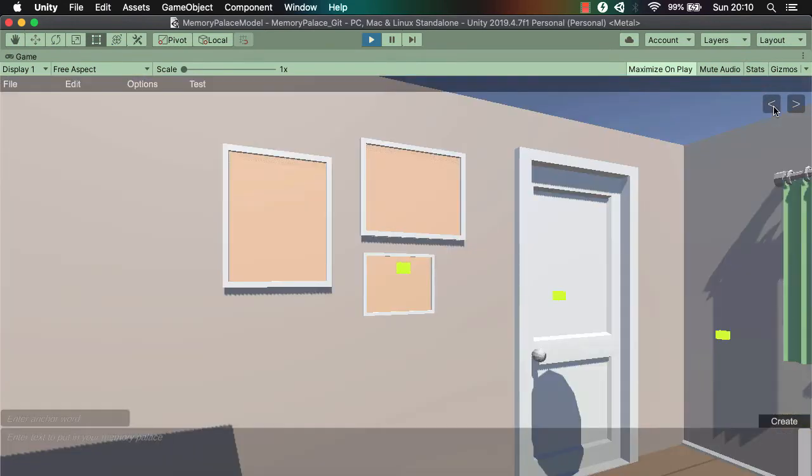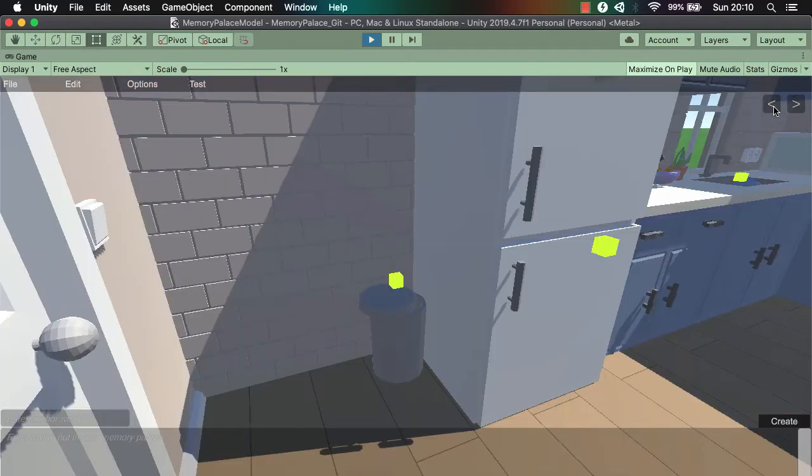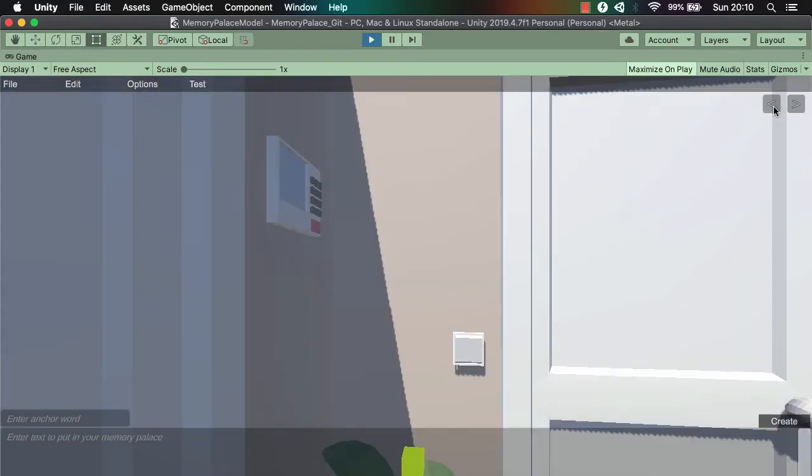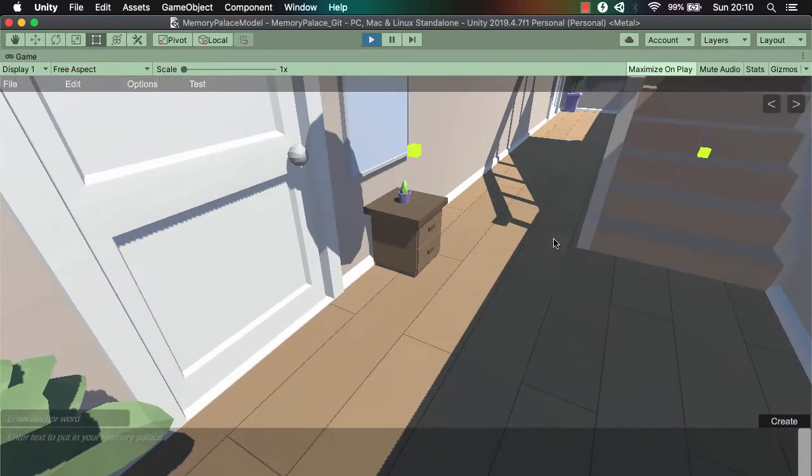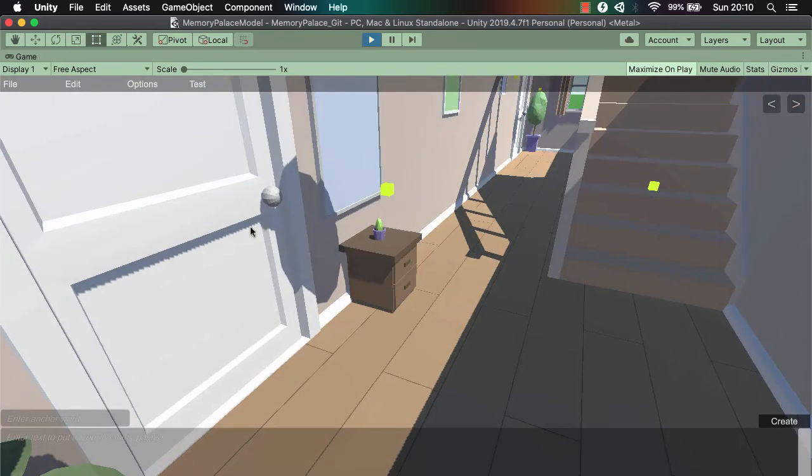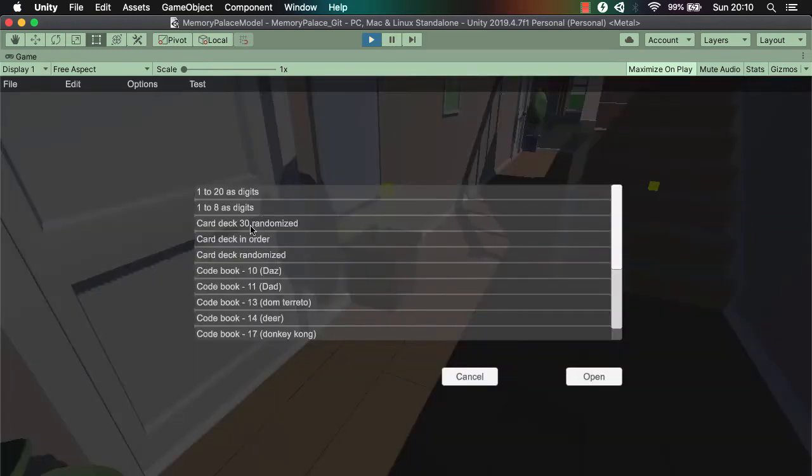And what I thought might be interesting to do, I'm just going back here, was to try giving a deck of cards a test within the app, to see if I can memorize them. For this little test, and I've literally just started this 15 or 20 minutes ago, I got a card deck, only 30 cards within the deck,